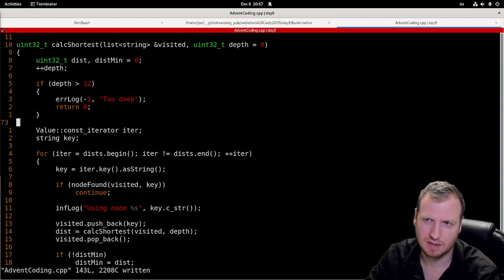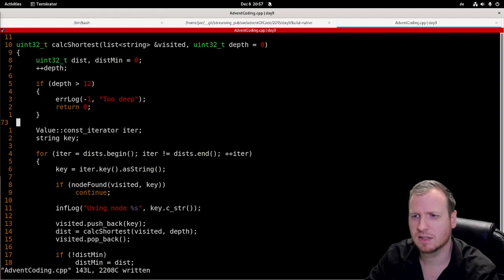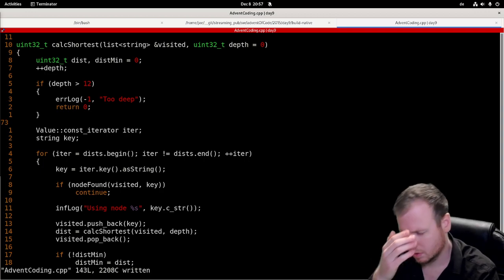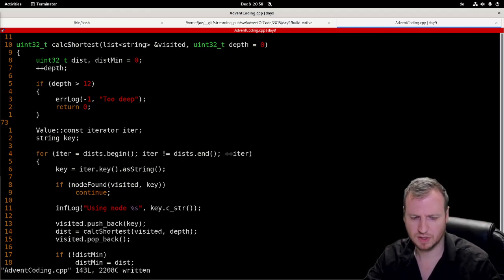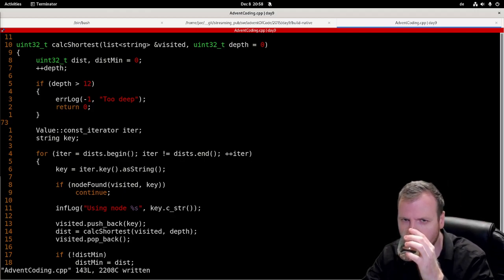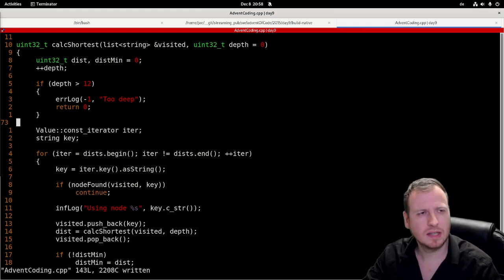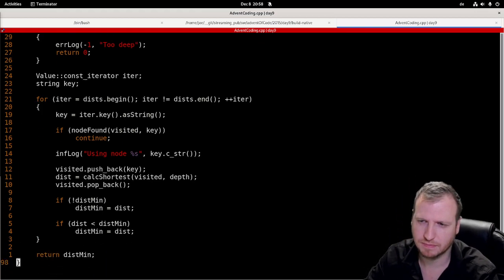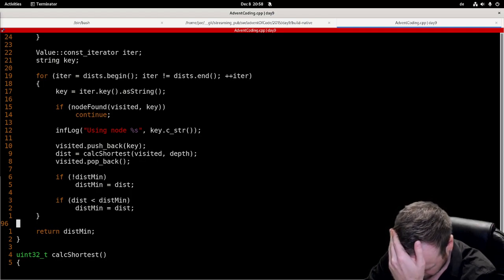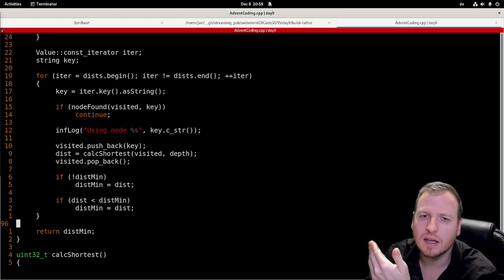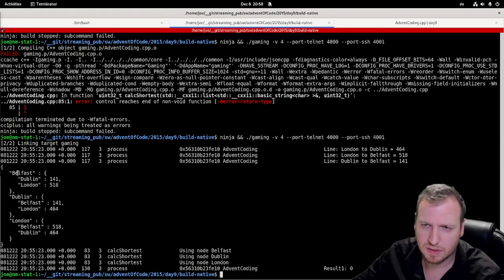Let's see if this is useful. Okay, so now I have a special case, and that is if I go into this node, I check